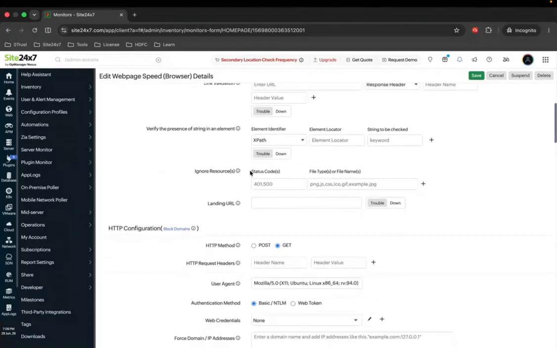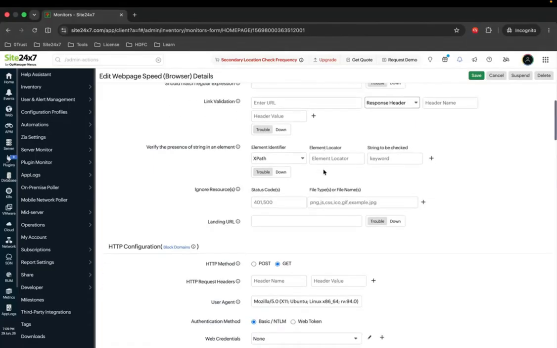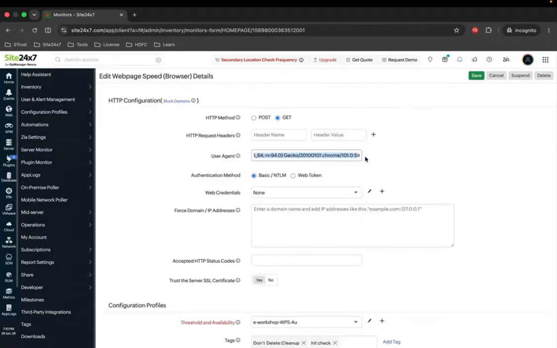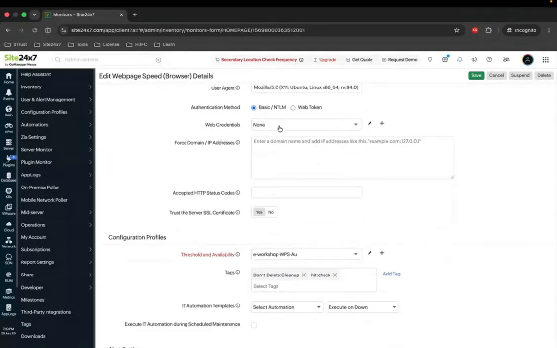So the additional thing which we have is we can provide XPath configuration, like a string element as an XPath, and pass it over to the website when we are sending a request. Or we can have a link validation that we can send in the response headers. So these will be additional features which we can validate using web page speed browser. And so HTTP configuration, we have POST and GET methods where we can send headers, and user agent can be selected, Mozilla or Chrome, based on the setup. And also the authentication, if that website has any authentication, we can use that. And web credentials,